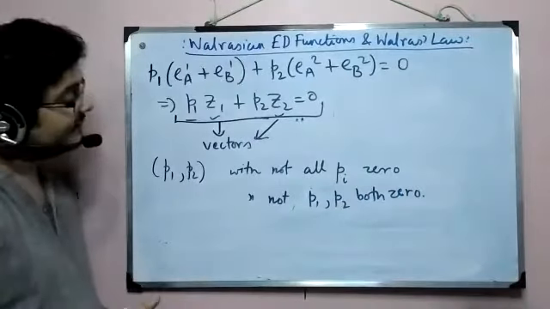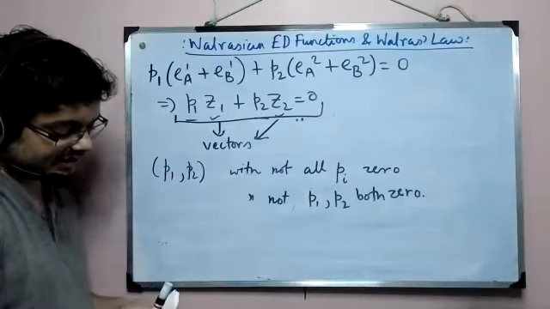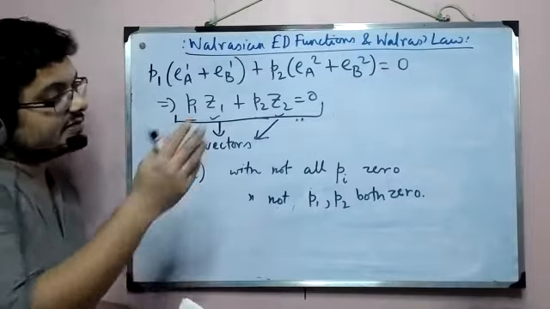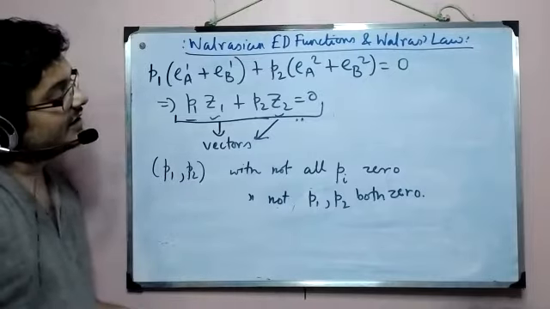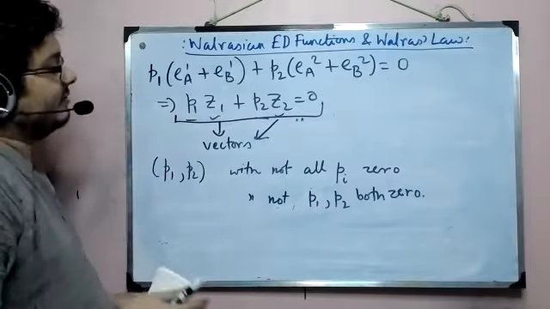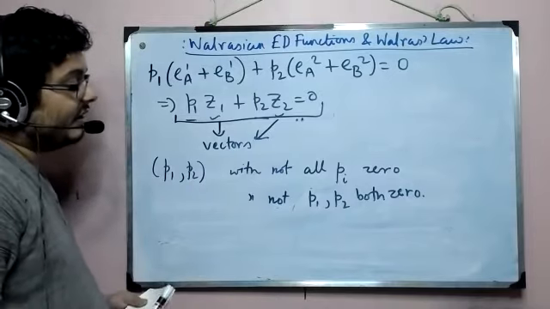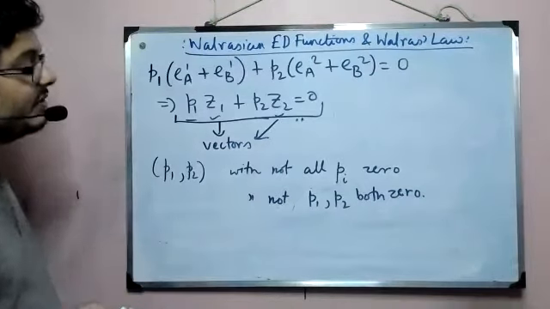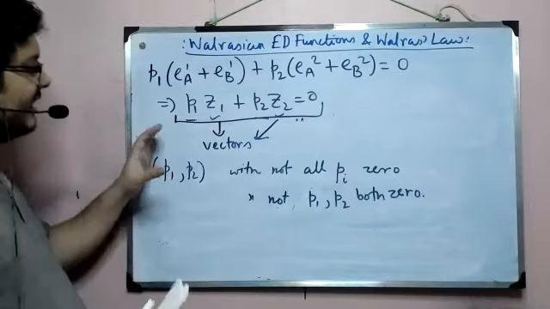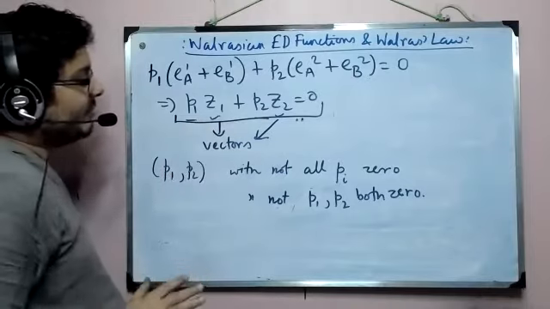We have said that prices are non-negative, but obviously we are not considering the case where P1 and P2 are both 0, because in that case working on this model doesn't carry any meaning. So at least one of them may be 0, but the other cannot. And obviously in equilibrium we want prices to be positive, but for the time being let's take a normal scenario where P1 and P2 are positive.